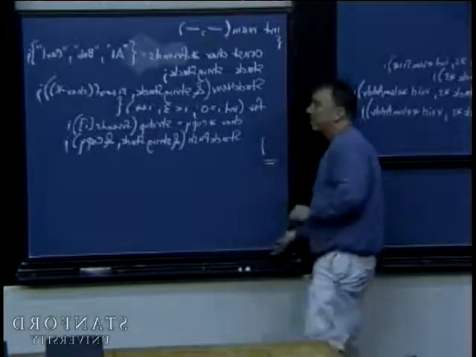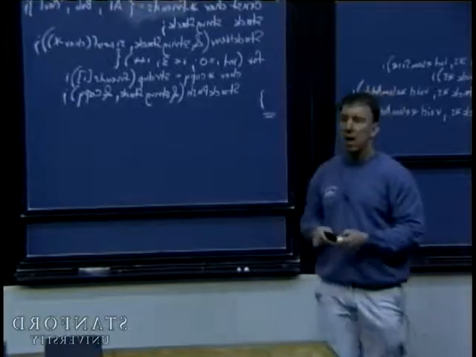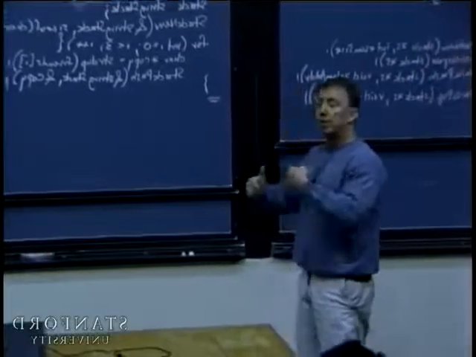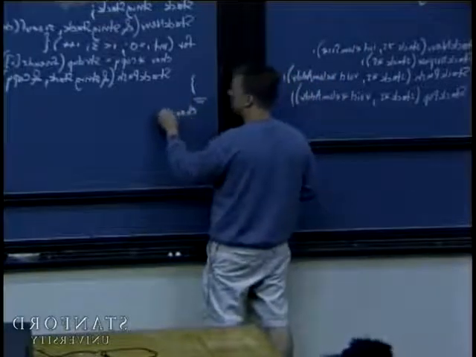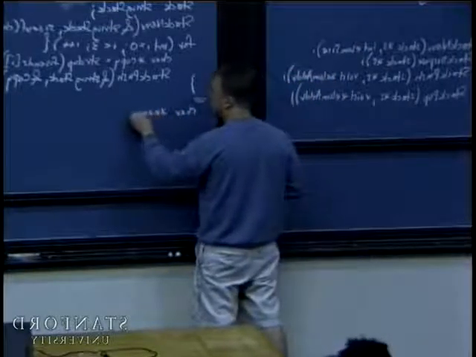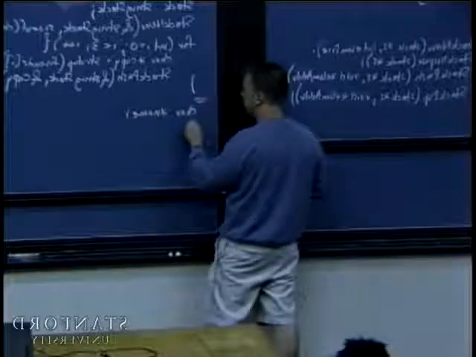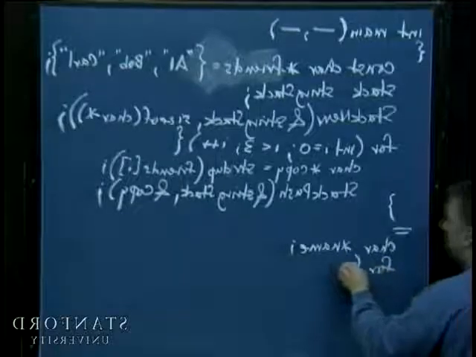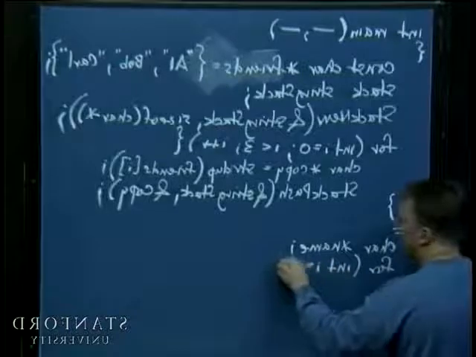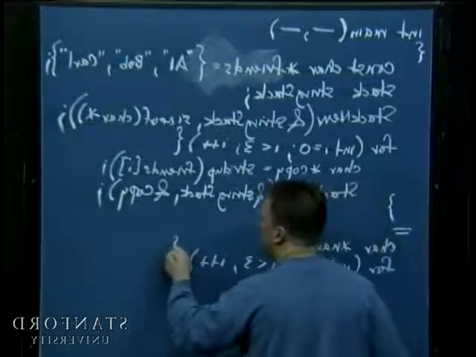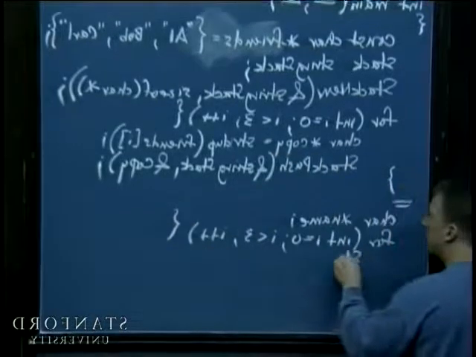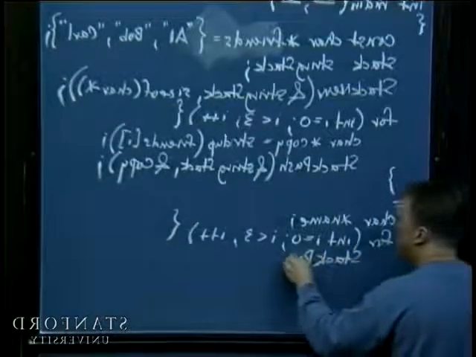What I want to do now is print these things out. I really want to ask for ownership back. So I'm going to do this char star name, and then for int i is equal to 0, i less than 3, i plus plus. What I want to do is ask the stack to pop off